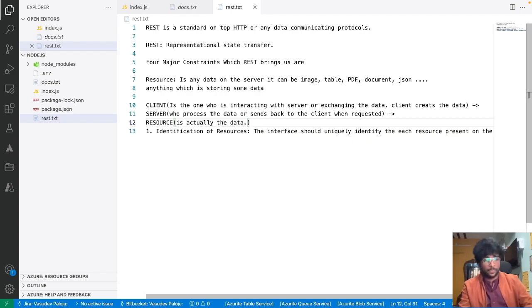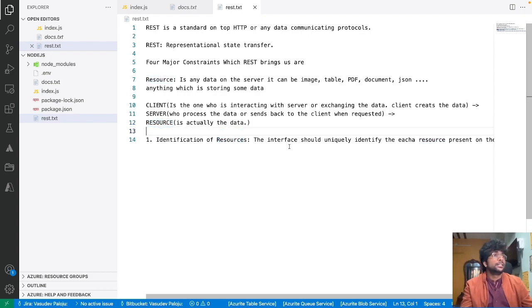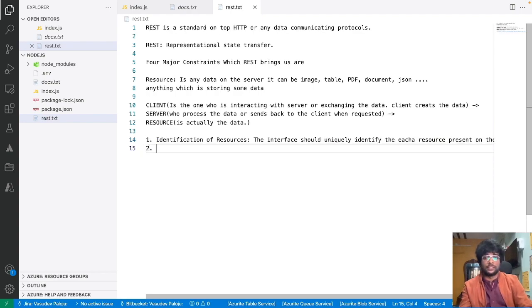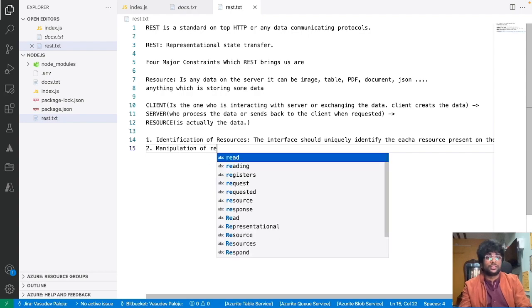So identification of resources: the interface should uniquely identify. We have to uniquely identify whatever resource is present on the server. So you cannot have two resources with the same ID. It can be a UUID or anything, right? First constraint is this. Then we have the second constraint as manipulation of resources